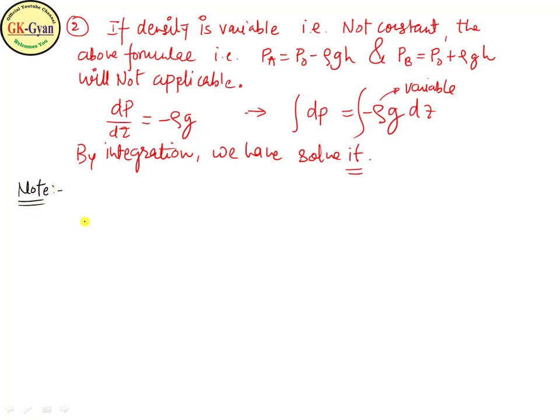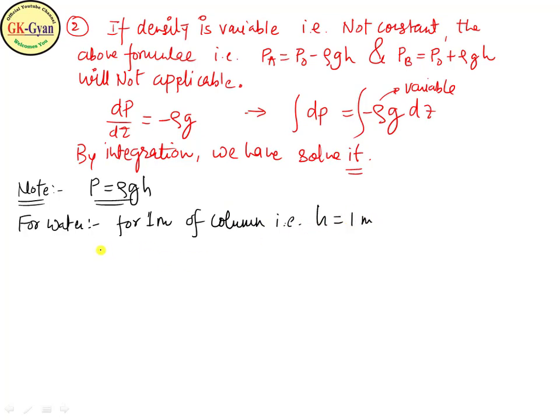Now another concept, note down here, one more note. These are the concepts we are learning here. We know P is equal to rho Gz, gauge pressure. For example, for water, we find out the pressure for 1 meter of column, that is H equal to 1 meter. Pressure is rho into G into H. So rho of water is 1000, G, acceleration due to gravity, we approximately take as 10, and the height will be 1. So here we calculate the pressure is 10,000 Newton per meter square for water.